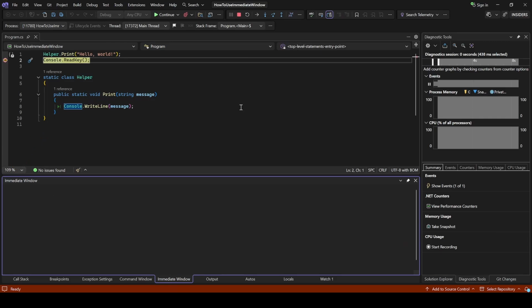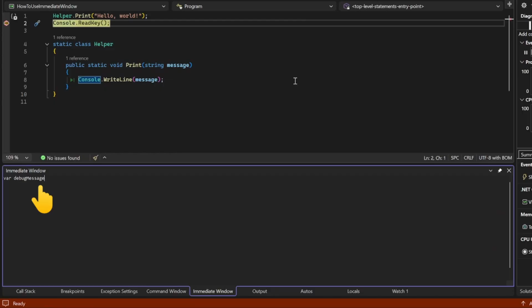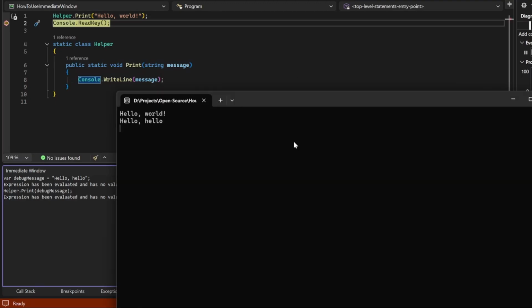As an experiment, let's declare a variable called debug message and assign something to it. Press enter to execute the line. Now let's call our helper method next and pass over the variable we just declared. Press enter again, and if you check the console, you will see that the code was executed and we generated